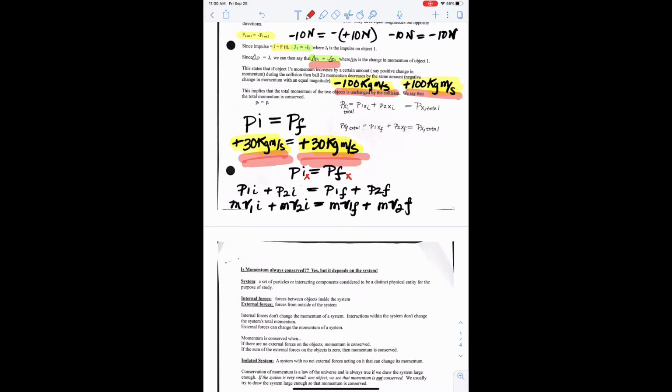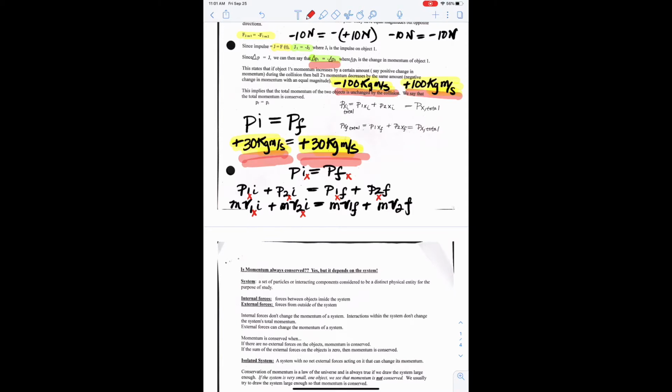So that should remind you of last year when we broke down those vectors into x and y components. Momentum is a vector. We can break it down into x and y components. So we have P1I, and I was going to put another x here. I probably should have written it in between. I'm going to fix that, get rid of that. Okay, so P1xi, P2xi, P1xf, P2xf, M1v1x initial, M2v2x initial,